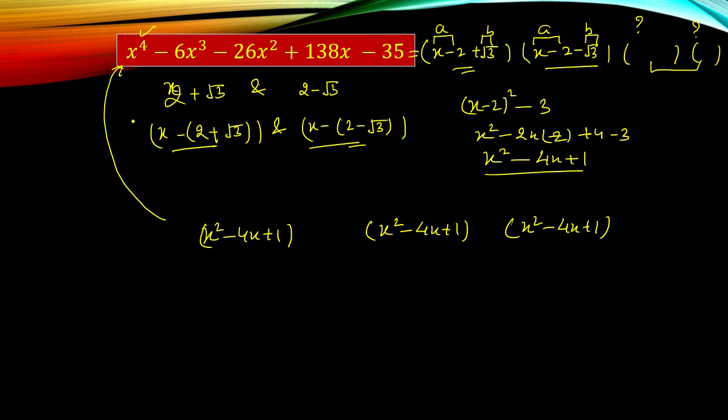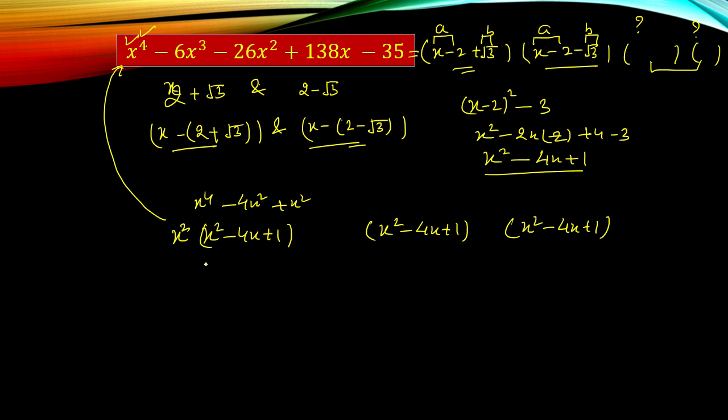Let's start. We are interested to create x to the power 4 first. So x square is given, we multiply x square into x square, and now we will get x to the power 4. Multiplying and writing upside, x square minus 4x gives minus 4x cube, and x square plus 1 gives plus x square. So for getting the polynomial, the first term is x to the power 4, which can be created if this first term is multiplied by x square. So we will get x to the power 4. Our first task is completed now.